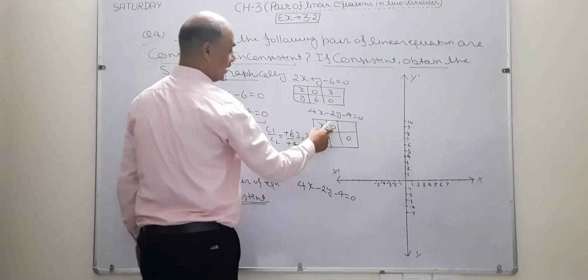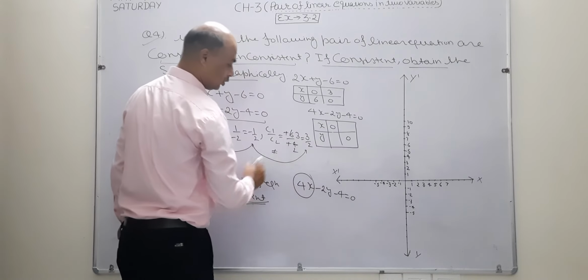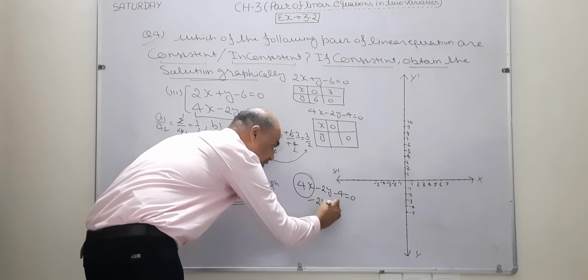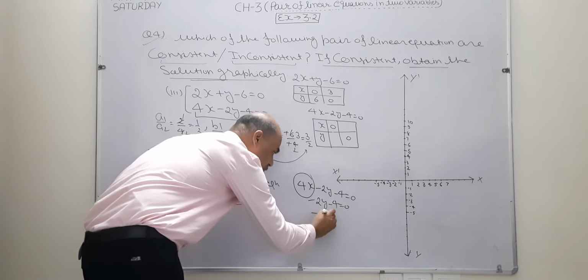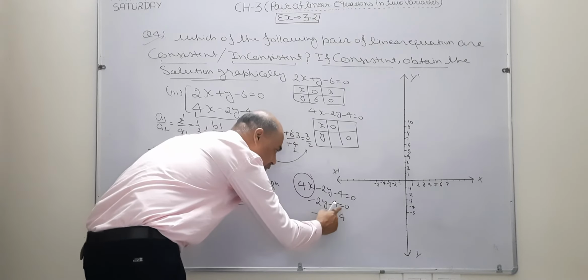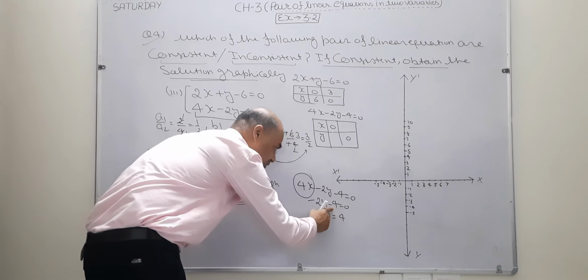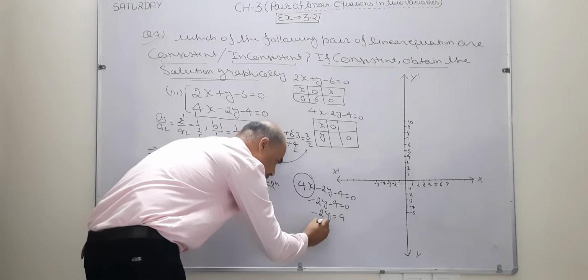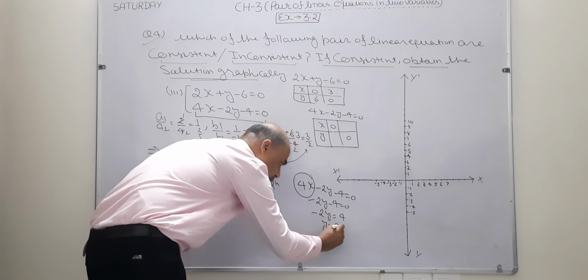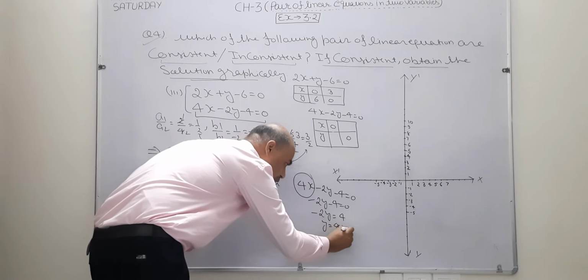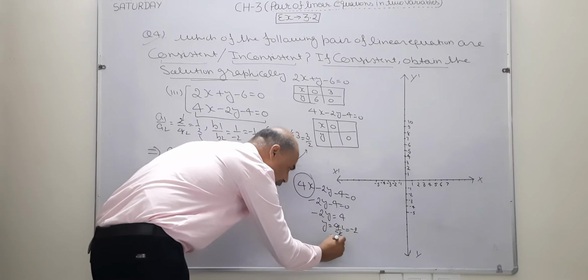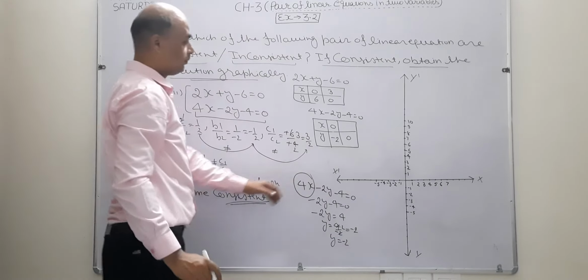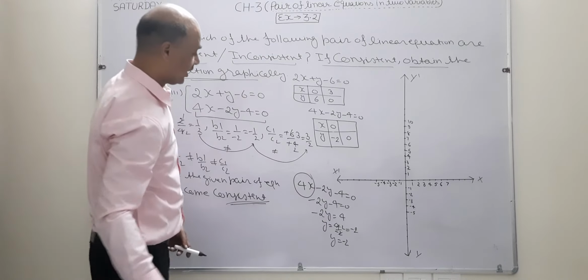First time I am going to take x as 0. X and its coefficient both become 0. What is left? Minus 2y minus 4 equal to 0. Minus 2y equal to plus 4. This number is going to change the side. When any number changes the side, its sign changes, negative to positive. Now the value of y becomes 4 upon minus 2. 2 twos are 4, means minus 2. Y value becomes minus 2. So I write here minus 2. Is it clear?